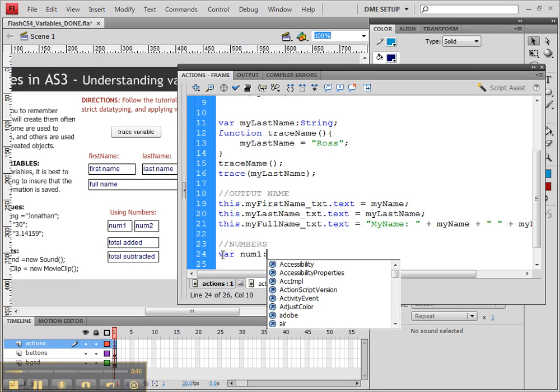Now we have three different types of numbers we can use. We can use what's called an int, which is an integer. We can use a uint, sorry, which is an unsigned integer. Or we can use Number. Now, the difference between them is this. A Number is anything from